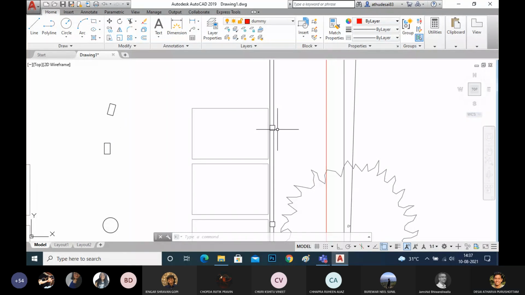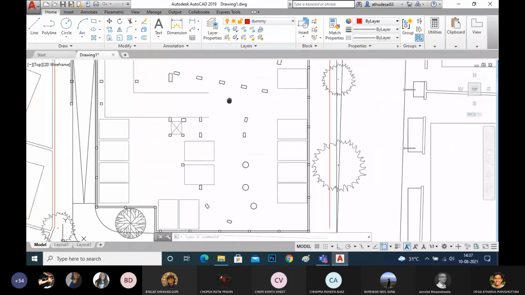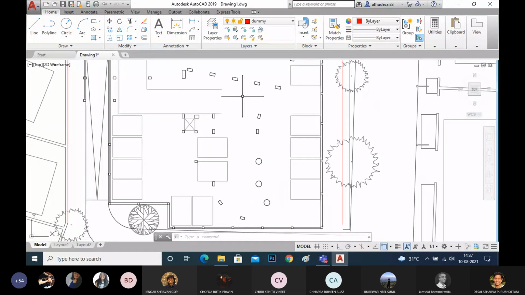No, listen to me. This retaining wall has nothing to do with the structure, no? No, but an RCC retaining wall has its own reinforcement. It doesn't need additional columns in the retaining wall. Okay.